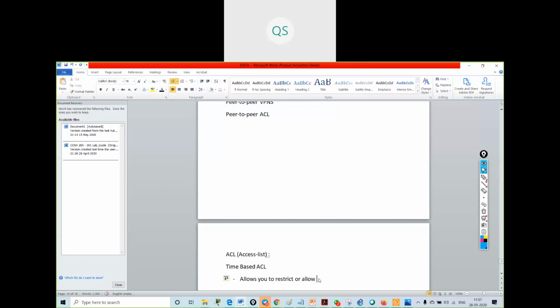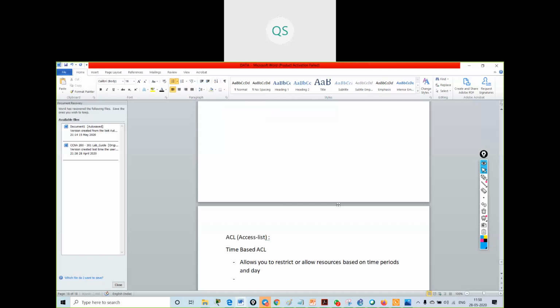It allows you to restrict or allow resources based on time periods, and you can say time periods and day.